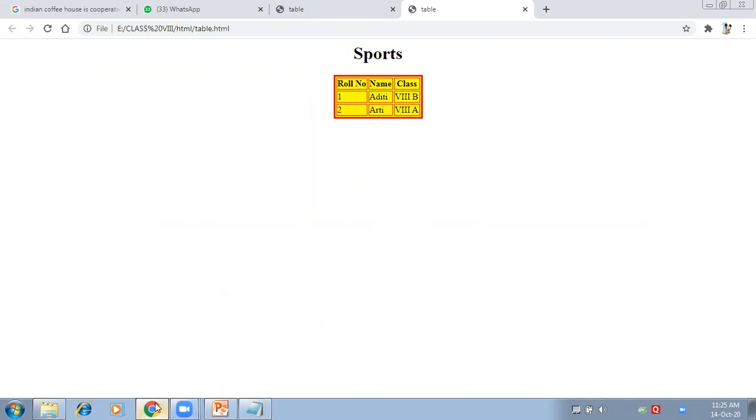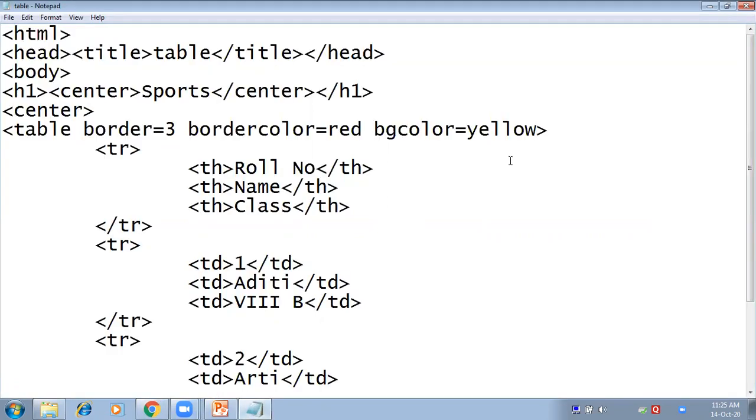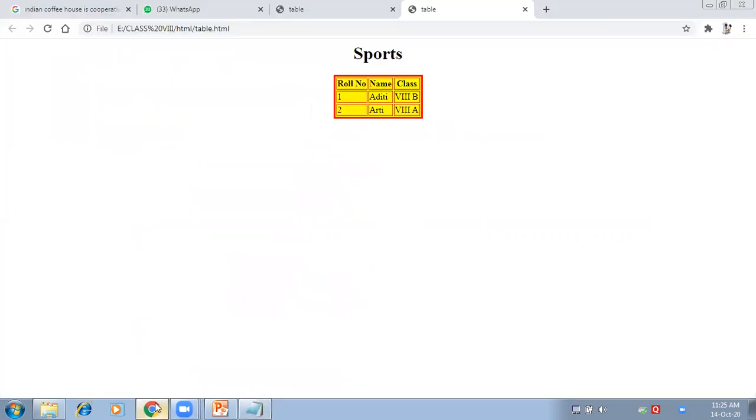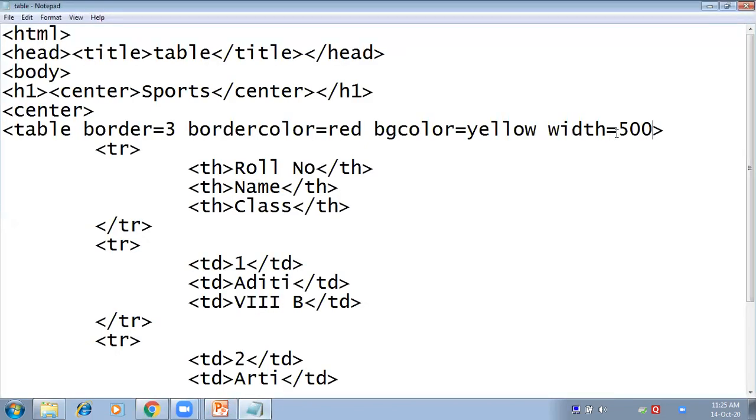Now we have to set the width. So width equals to 500 because it is in pixels. If I put 100, you will not be able to see the change. So I'll put 500, save it and check it. Let us increase it to 900.